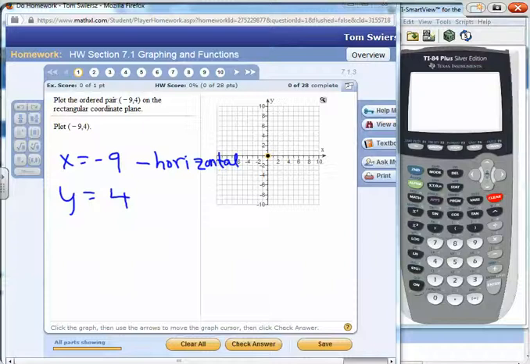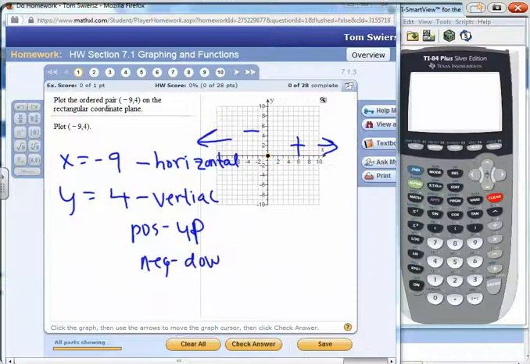The x is a horizontal change, and if it's negative, we go to the left, and if it's positive, to the right. And then the y is the vertical. So if it's positive, we go up, and if it's negative, we go down, okay? And we start at the origin, okay? So for this point, we